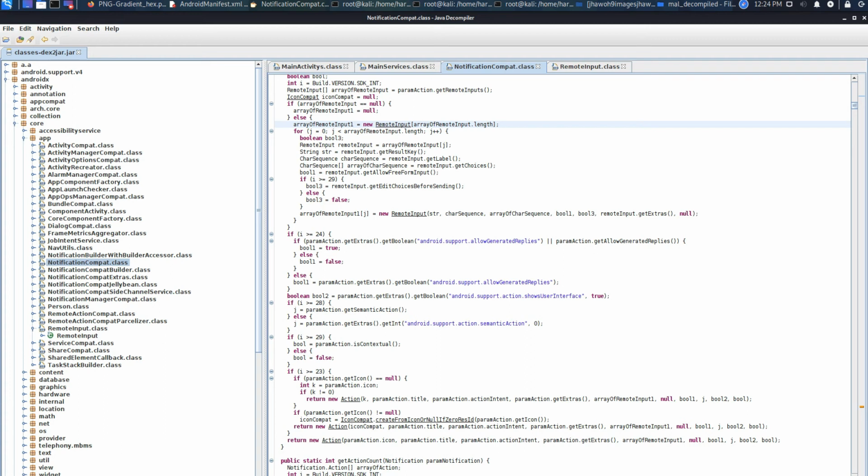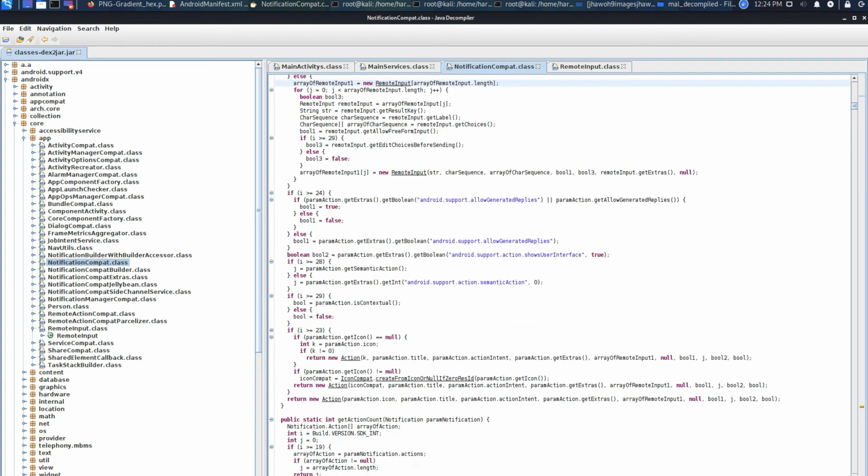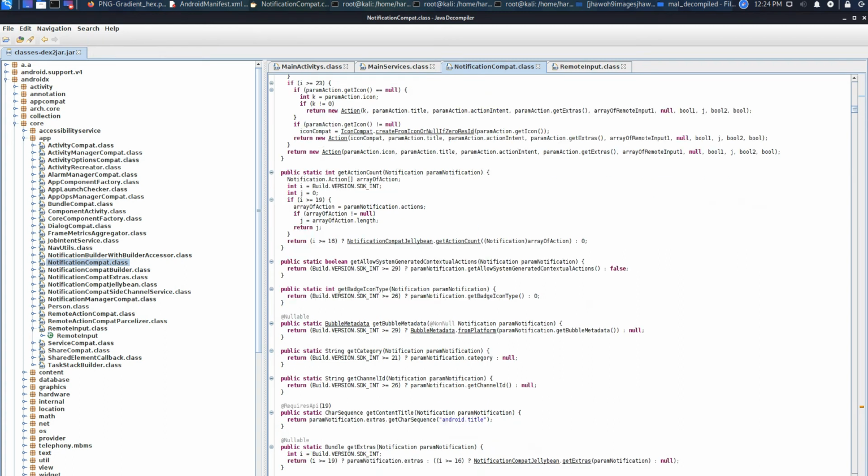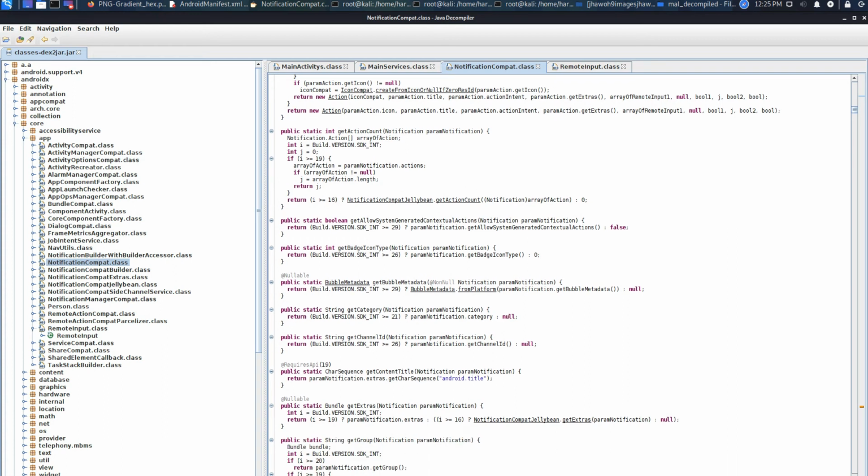Allow generated replies, show user interface. He's also looking for what kind of version the device is. If the SDK version is greater than this, he is performing some kind of actions. If the SDK is greater than 26, he is performing some kind of actions. Because if you see Android 6, Android 7, Android 8, so